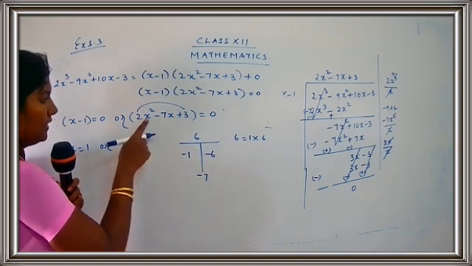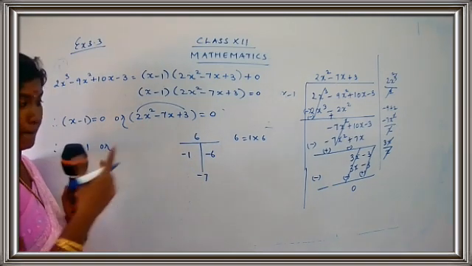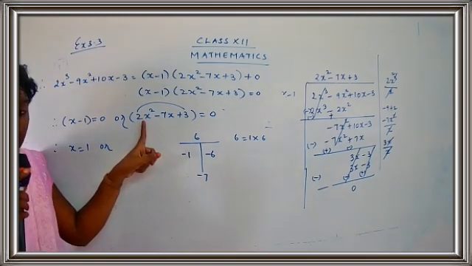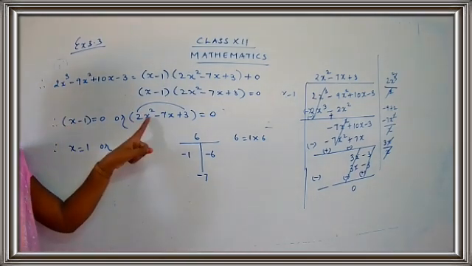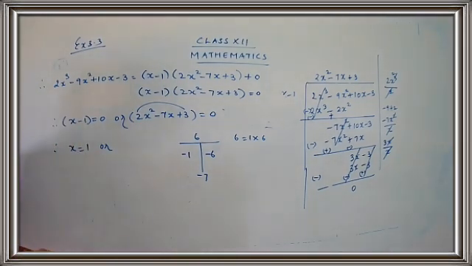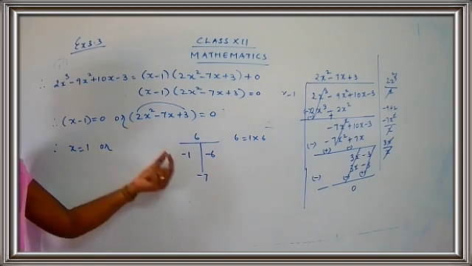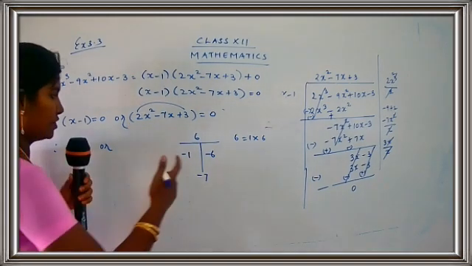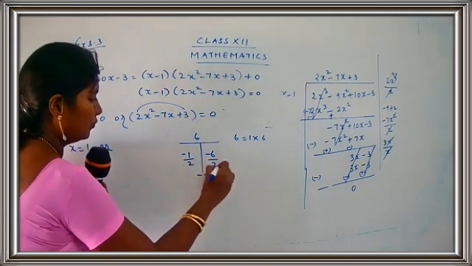Okay, now we have a coefficient other than 1. Here it's not 1x square, it is 2x square. That means you have another coefficient other than 1, a different coefficient. So what are you going to do? You are going to take that coefficient and divide by the coefficient. So you'll get here 2 by 2.